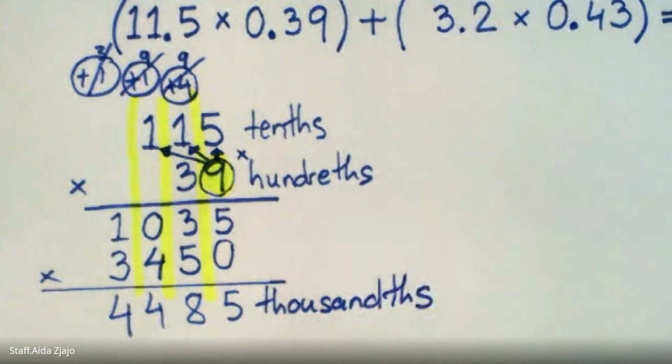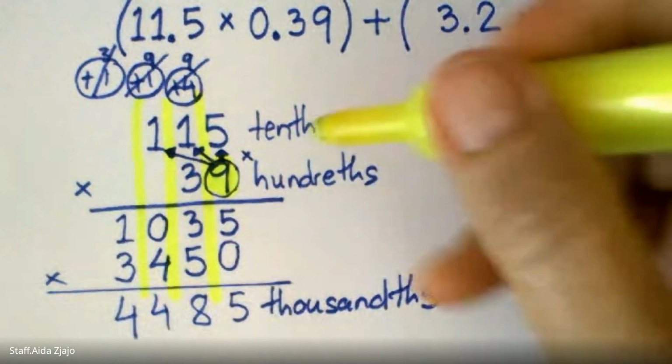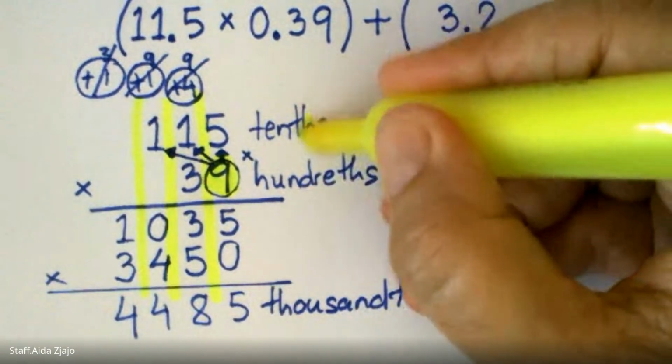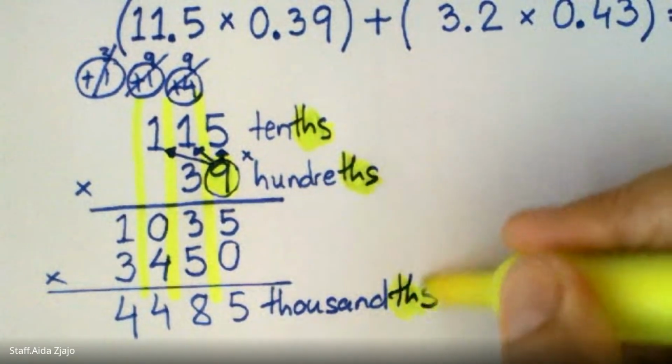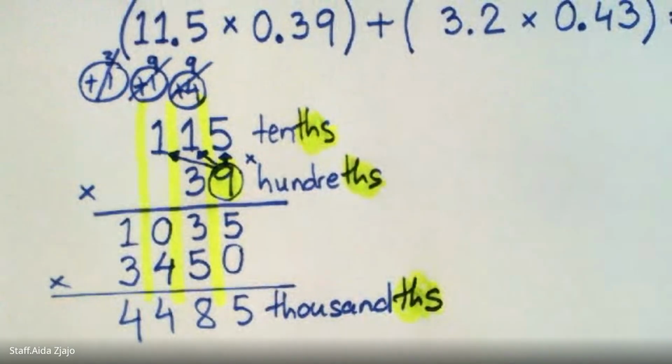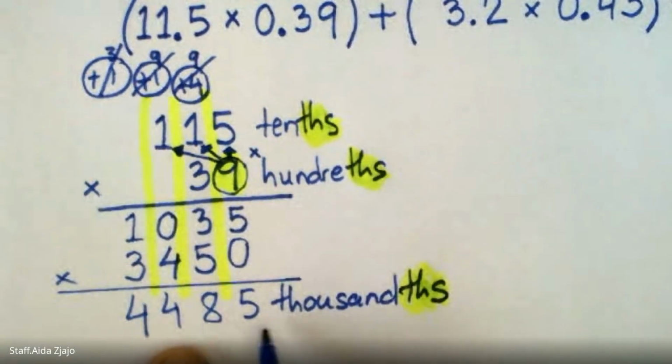If that makes sense to you. So saying 10 times 100 is 1,000, tens times hundreds, they make thousands. So in our answer, we should show the answer. This is